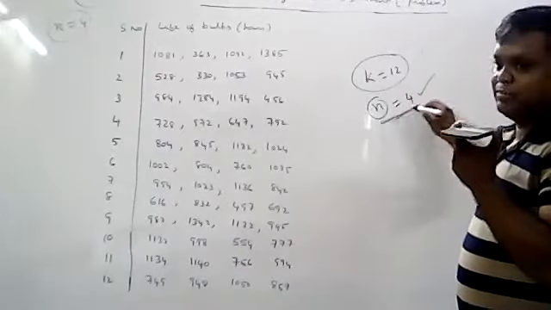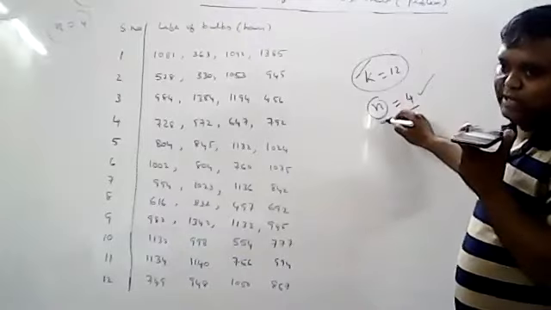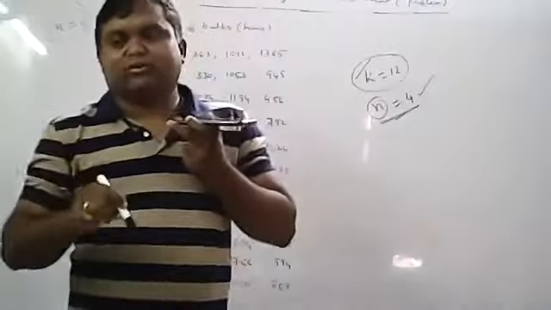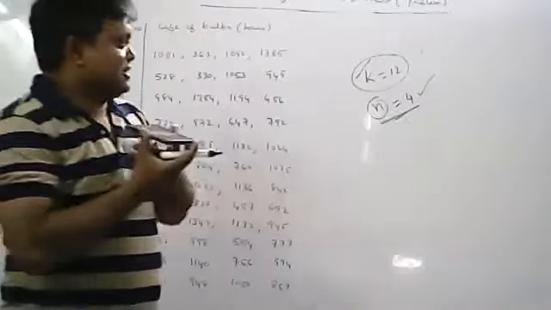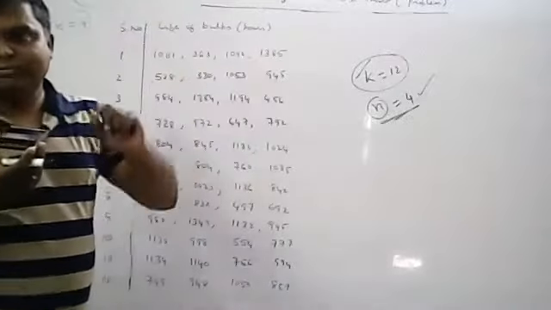N equal to 4 values, because this is samples. This is each sample. How many observations is represented as small n. So small n is nothing but based on the small n only you have to see the table values. What is the small n value here? Each sample, how many observations are there? 4 are there. You have to go for n equal to 4 value.